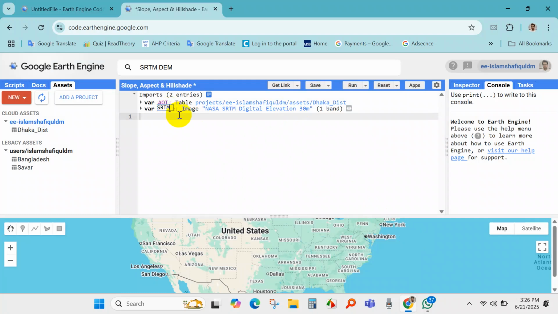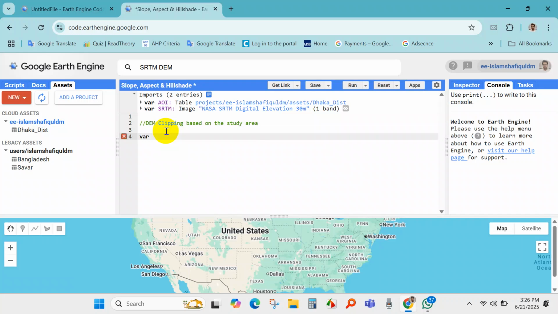and after that I will clip the DEM based on my study area. For doing that, I will call variable DEM and then function srtm.clip based on my area of interest. So my DEM has been clipped based on my study area, and then